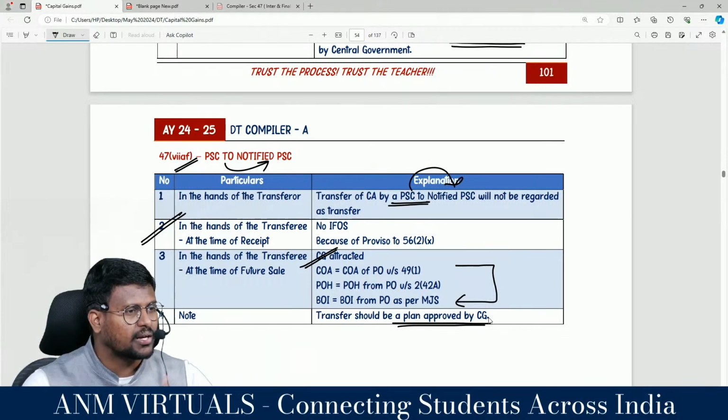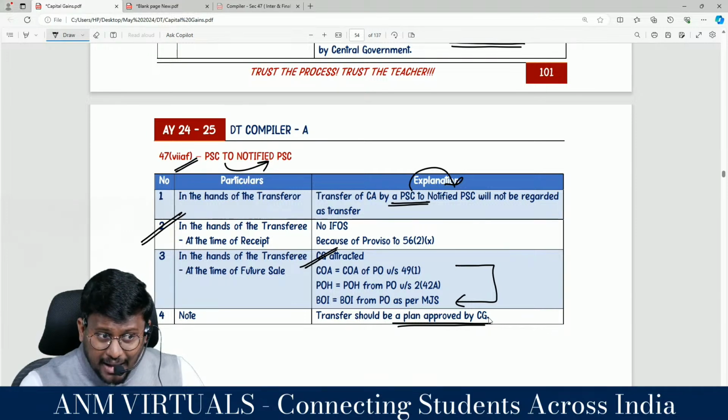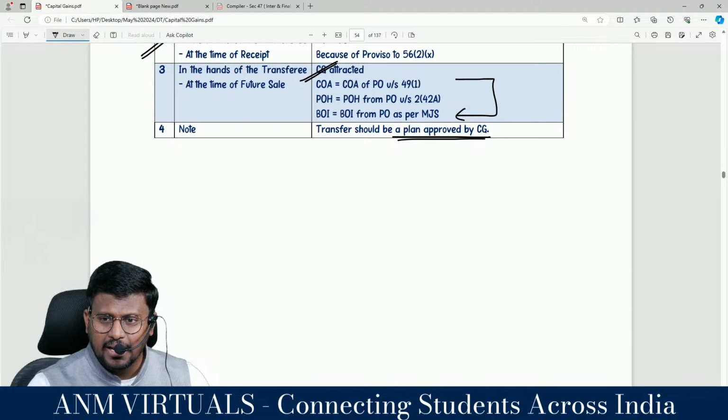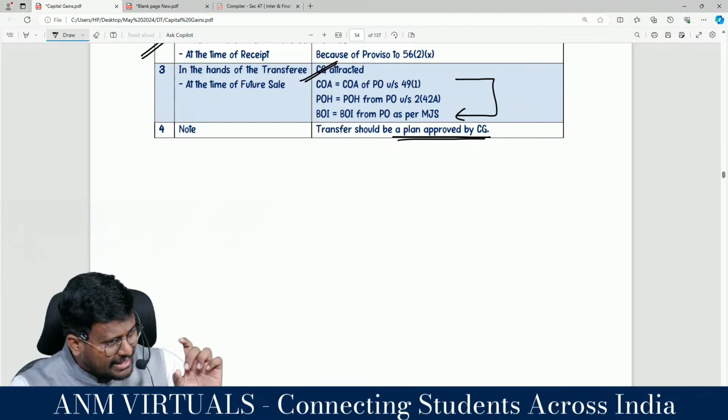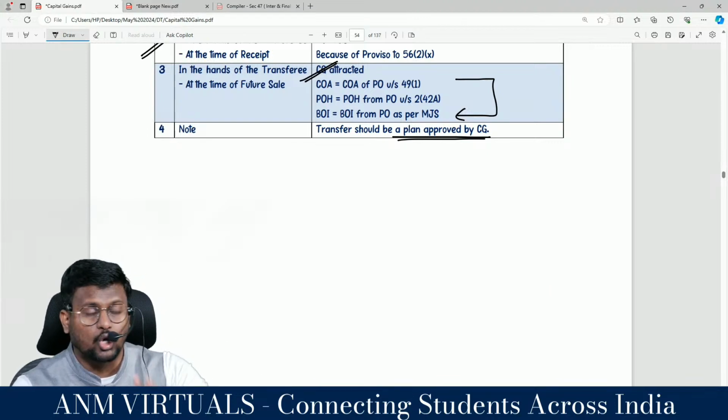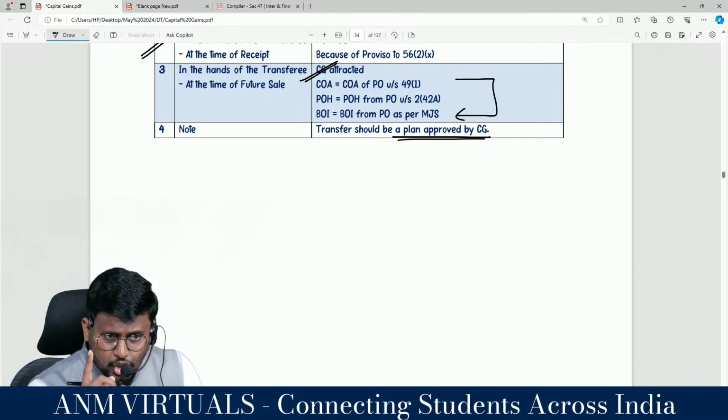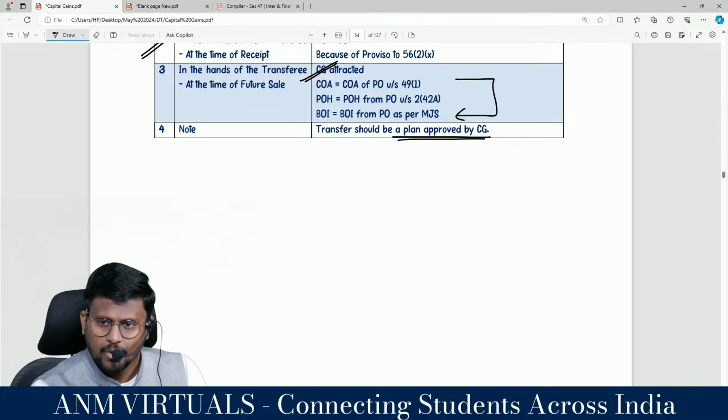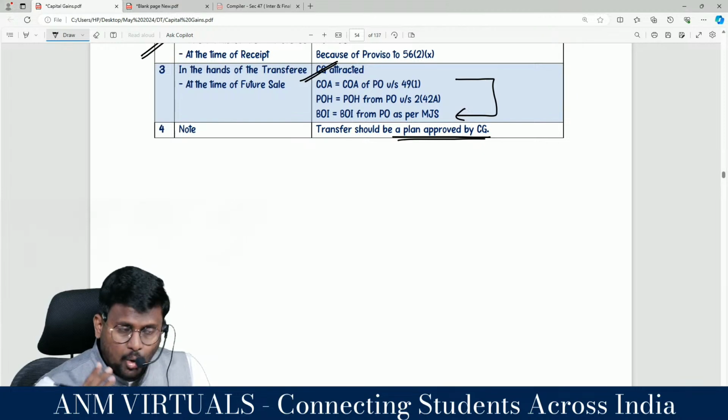At that time you need not pay capital gain, because that plan has been executed by the government. So this is what AC, AD, AE, AF. In that, AC and AD is one combo talking about relocation. Relocation of capital asset from fund to fund, original fund to the resulting fund. Okay?